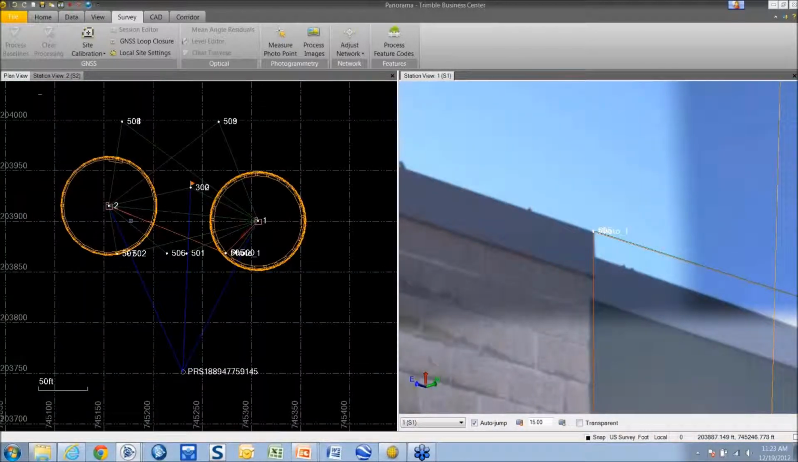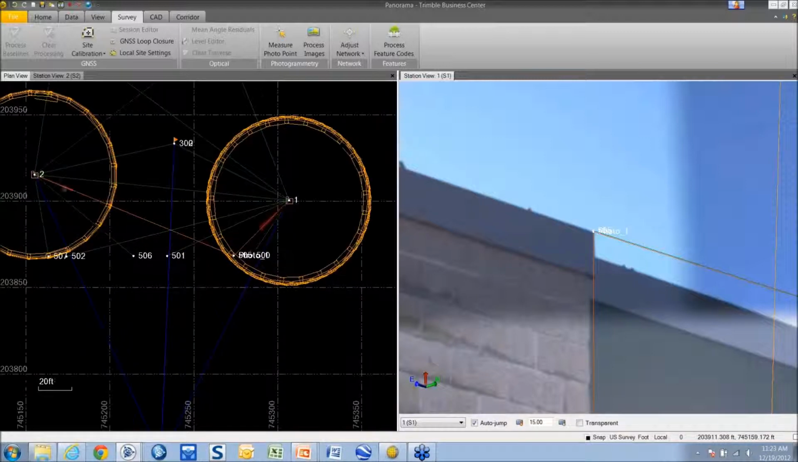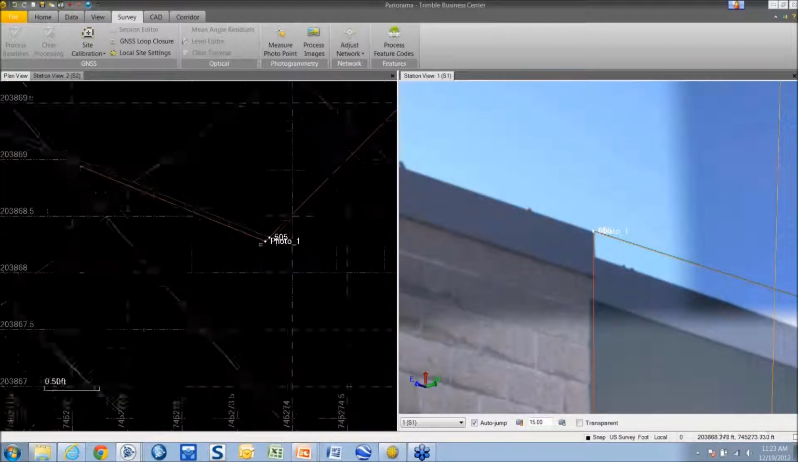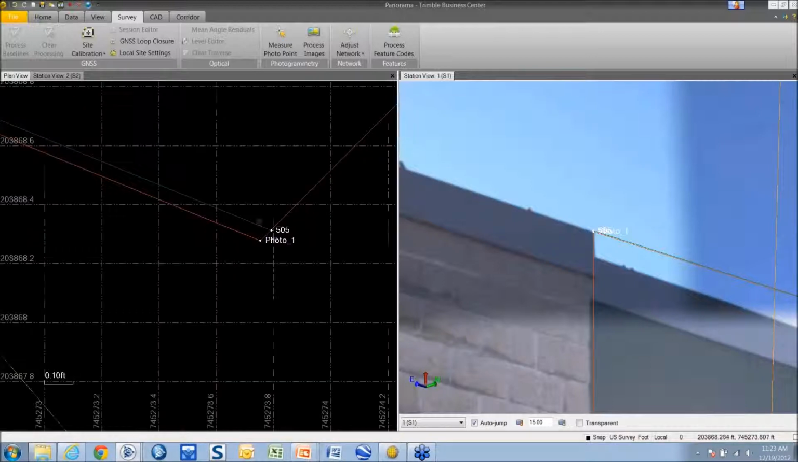I can also go back into my plan view and notice that it puts those vectors or those baselines from each station to my photo point in as a reddish orange color, so I can see the difference between the two. Now this isn't a very good photo, but I have a DR measurement,